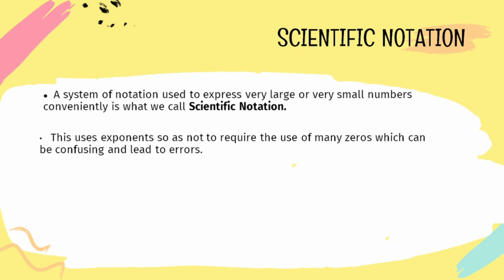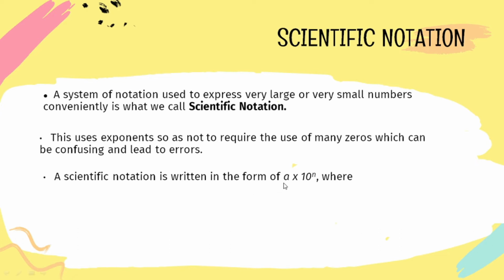Next is, this uses exponents so as not to require the use of many zeros which can be confusing and lead to errors. Yun nga, kasi sobrang dami ng zero, kasi sobrang laki na ng number, or pwede namang sobrang liit ng number. That's why we use exponents for us to express the numbers. So later, mas maiintindihan nyo yan. So a scientific notation is written in the form of A times